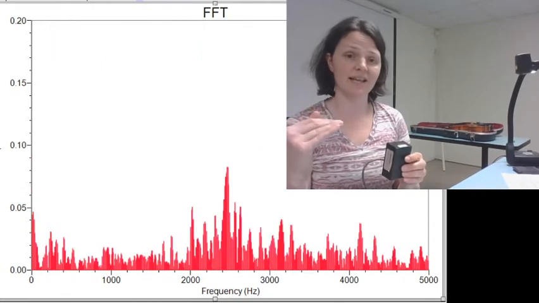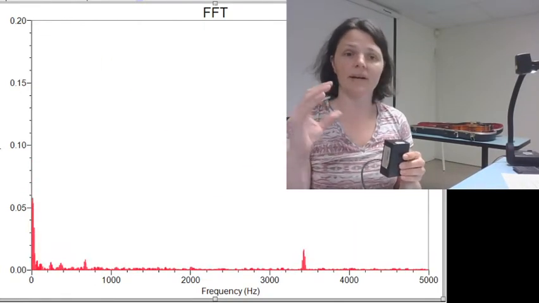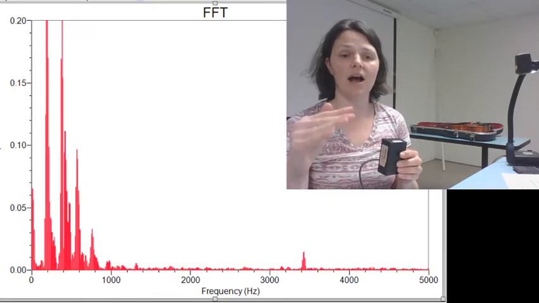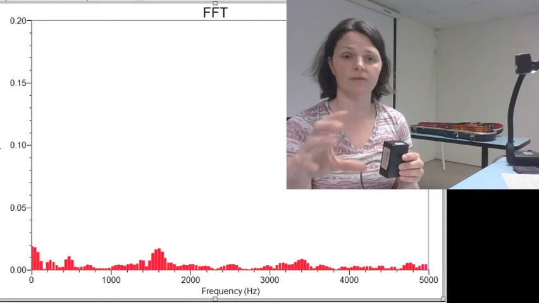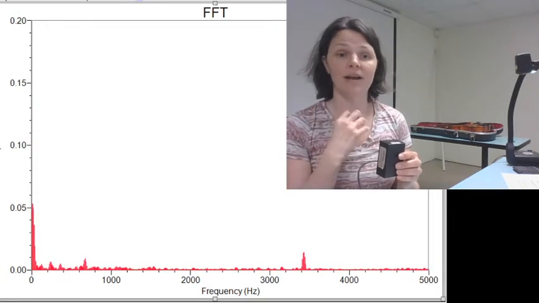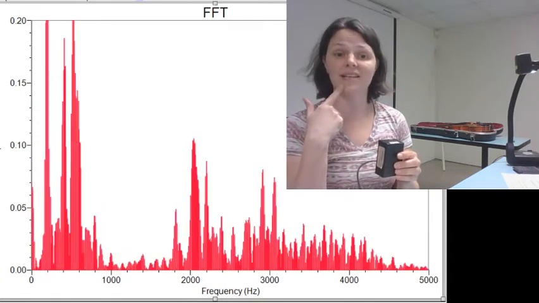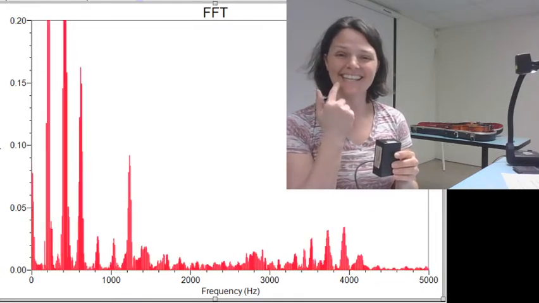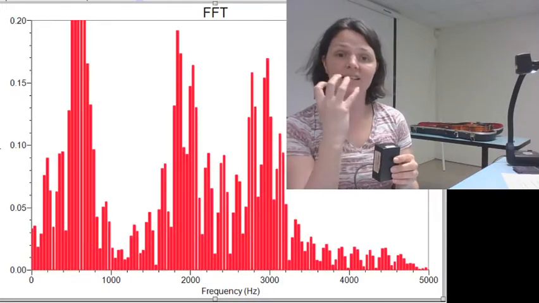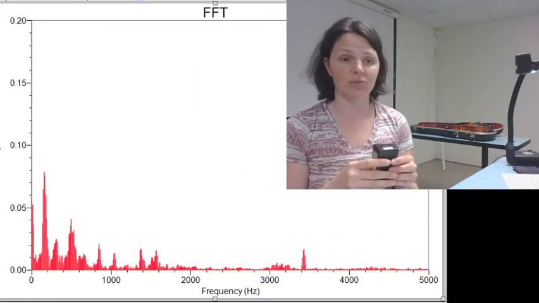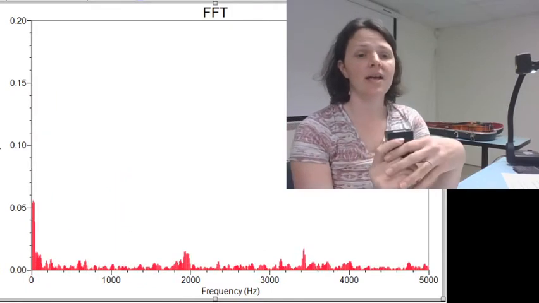So I'm going to sing the same note, but I'm going to make different vowel sounds as I sing that note. And I want you to watch how the FFT, the distribution of the different frequencies, is excited by the shape that I make with my mouth, right? This is the open end of my tube, and if I have a shape that looks like this, or a shape that looks like this, that makes a very different sound quality. And let's watch what happens. So we'll go